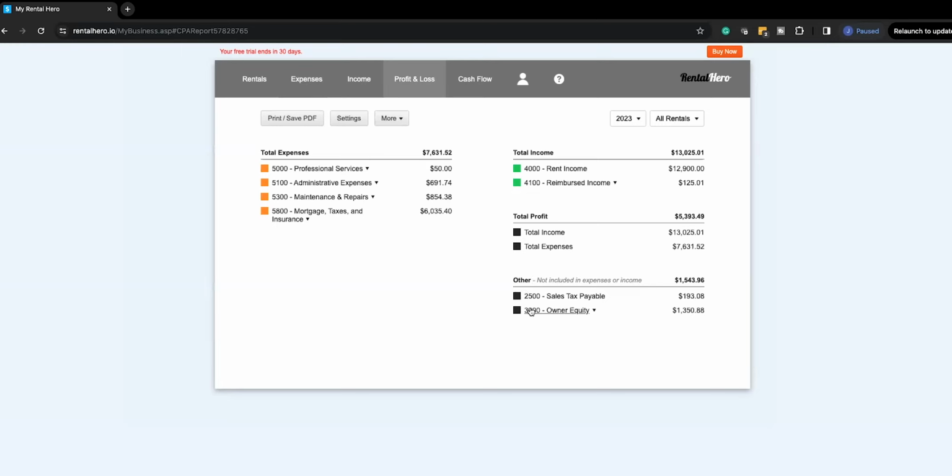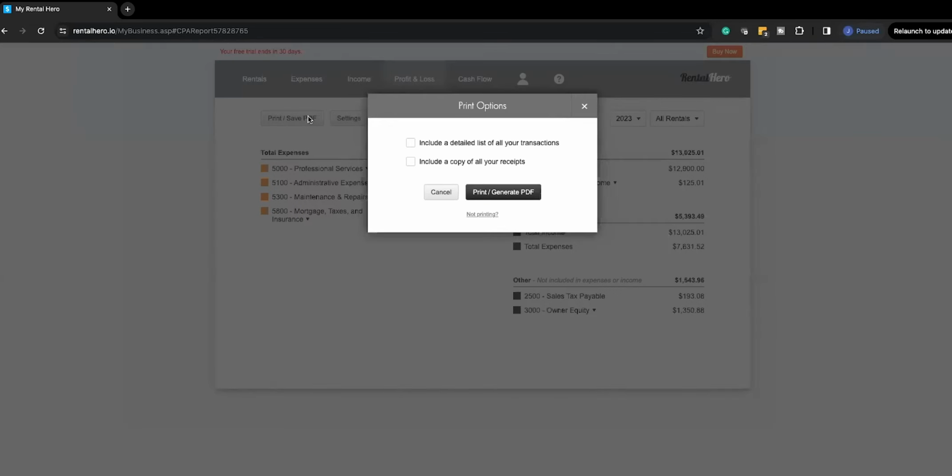And then if you have any equity accounts like owner equity here, this was an owner draw that I pulled out, at least according to this example, and that's reflected. And then also my sales tax payable, which you saw before. Let's see here. What I do like about this report is that you can,